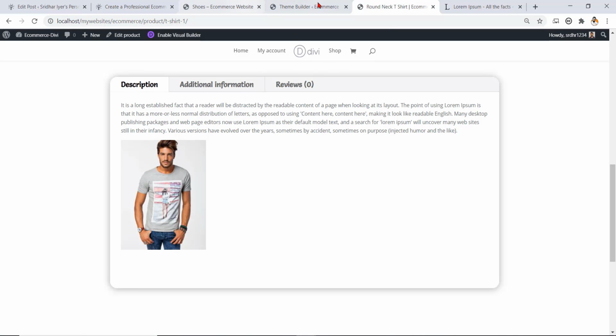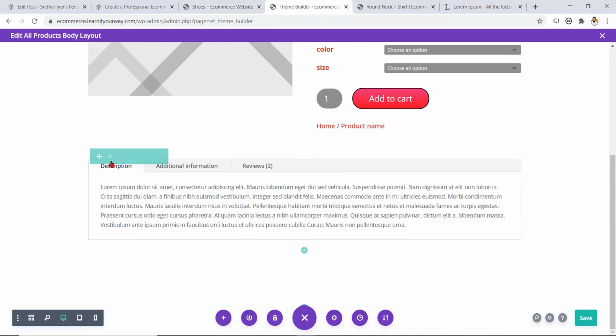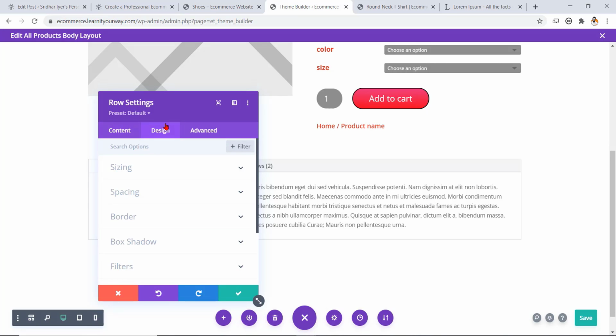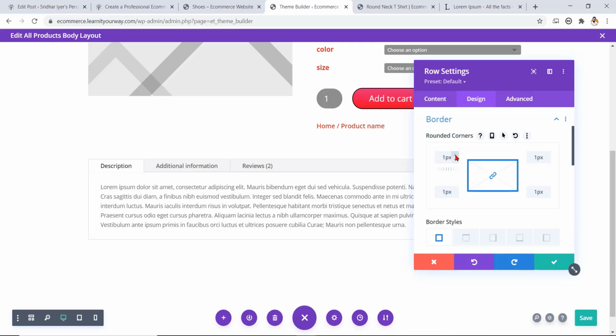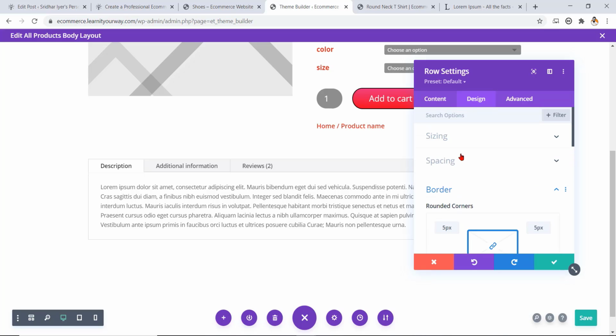So what we can do is again go back to the theme builder. Now select this particular section, go to design. What you can do is you can give some borders to it. First of all, start with giving them a rounded border. Okay, first of all, start with